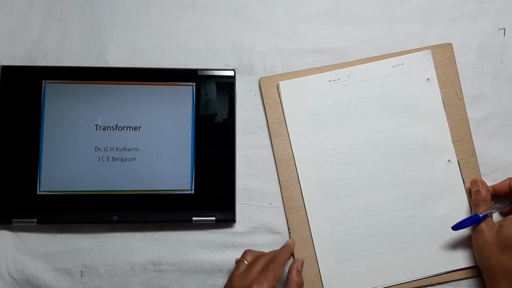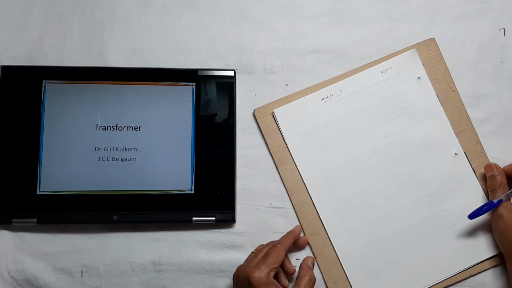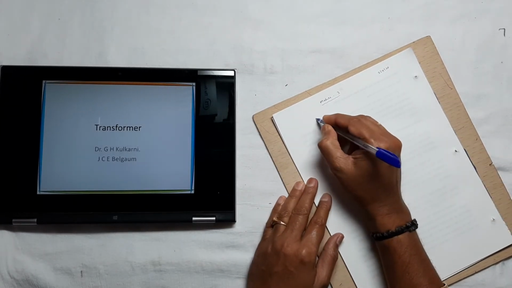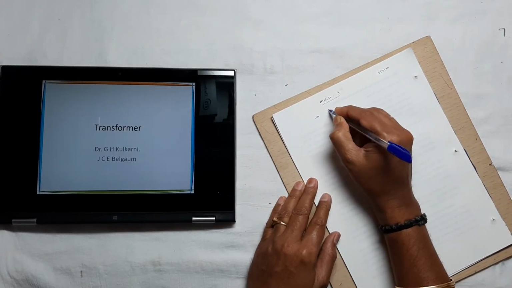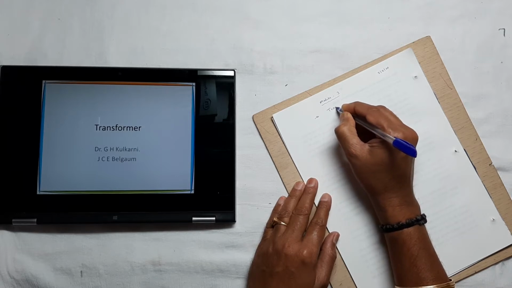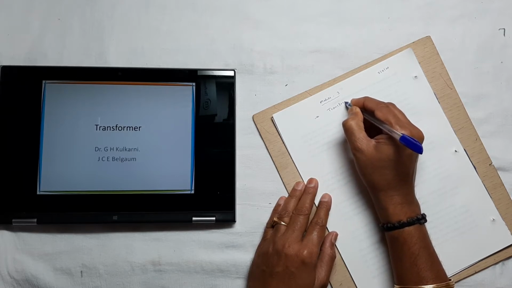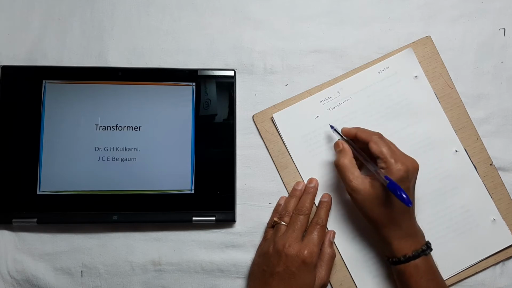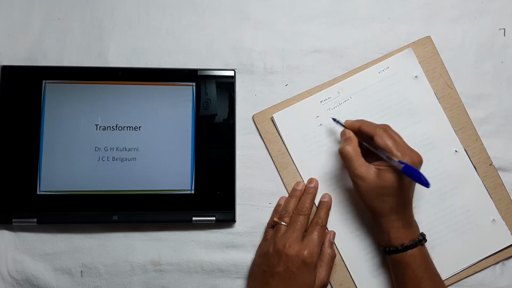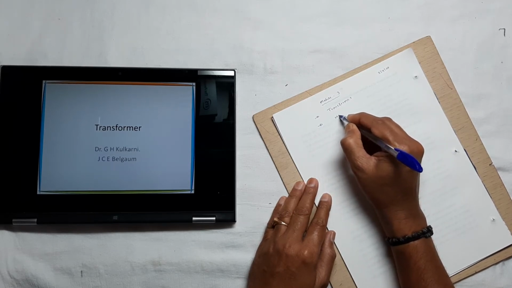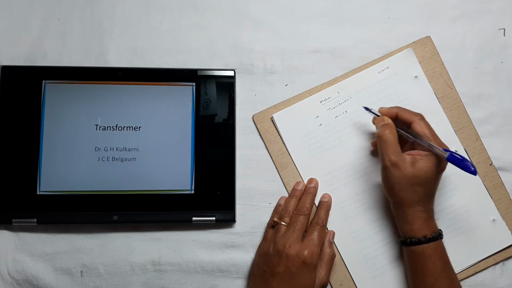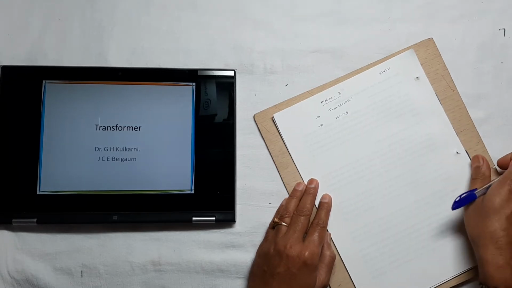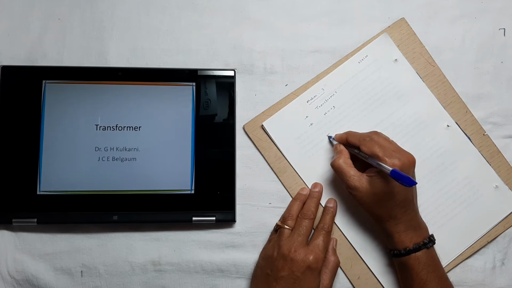Module 3. Module 3 mainly comprises of the first part, transformer, then we have got wiring. Start with the transformer first. The transformer